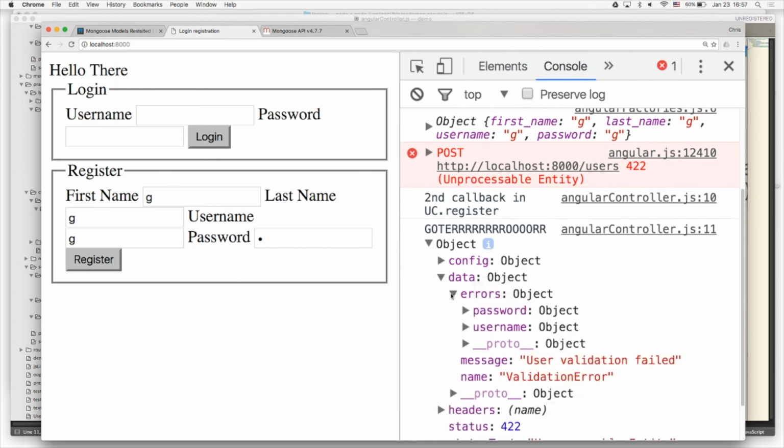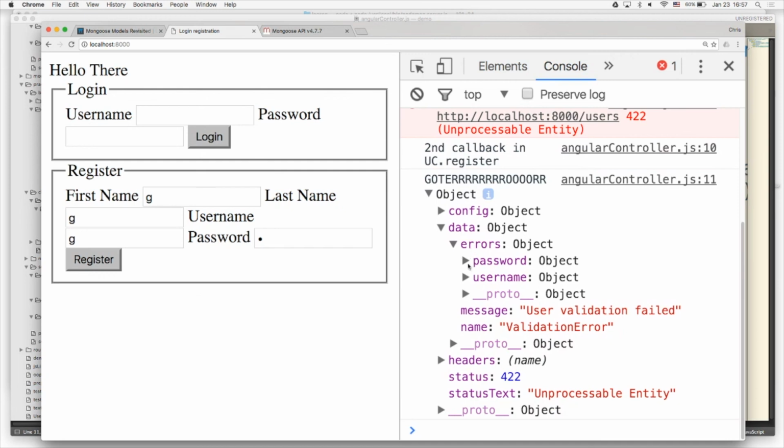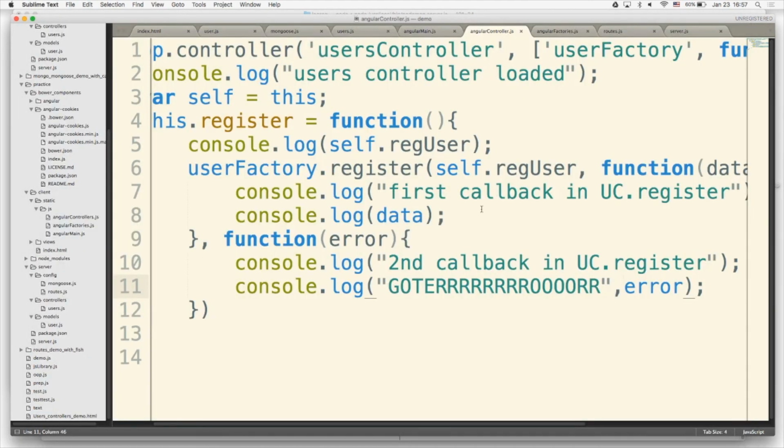All right, let's open up errors. Oh, and then we got one for password, one for username. Did I have it? I think I just had required for first name, last name, so there were none. Okay, so this is how we can access it. So let's do something like this. So if we got an error, we're in the